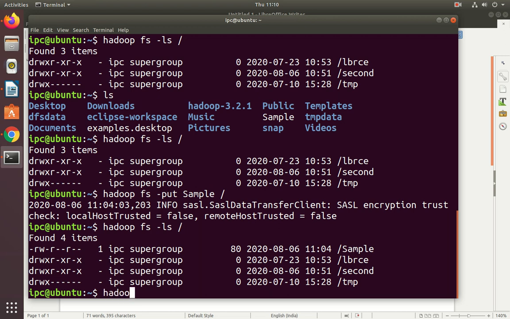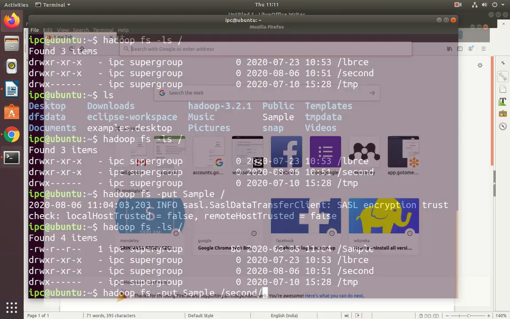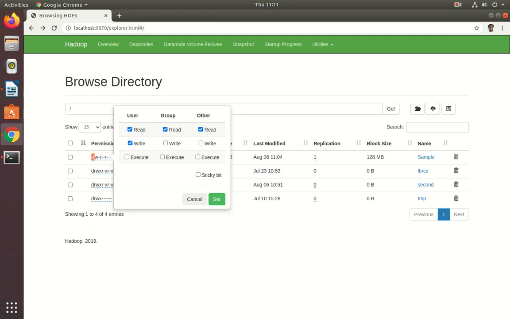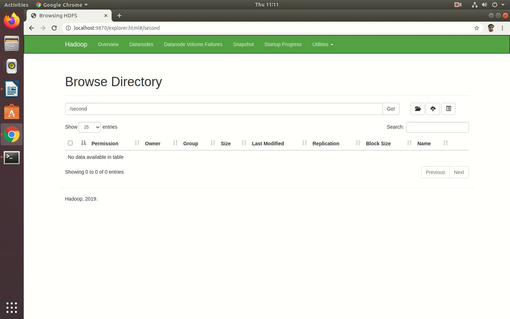Hadoop fs -put. I want to put this sample file from the local file system to a Hadoop directory. I have a second directory, and under the second directory I want to copy this one. Let us go and verify. Here I have second. Are there any files? No files.